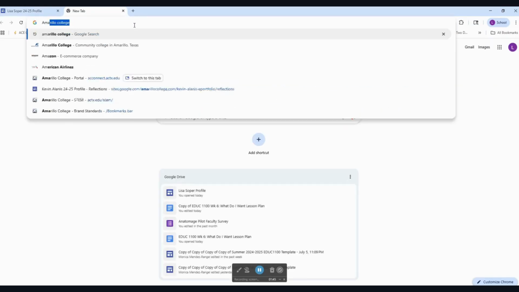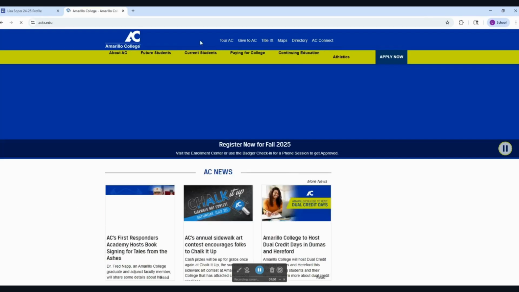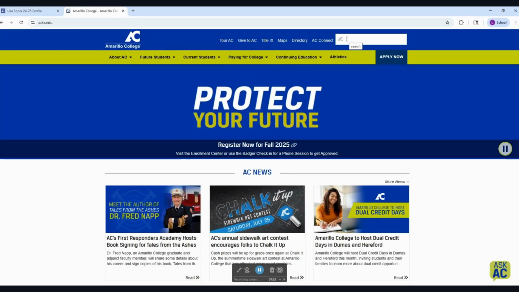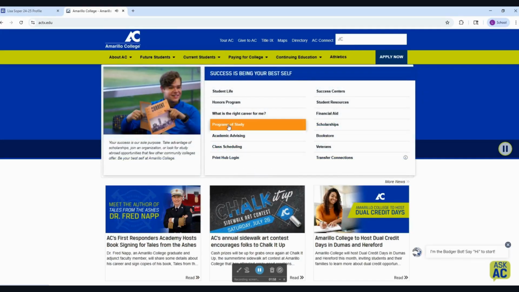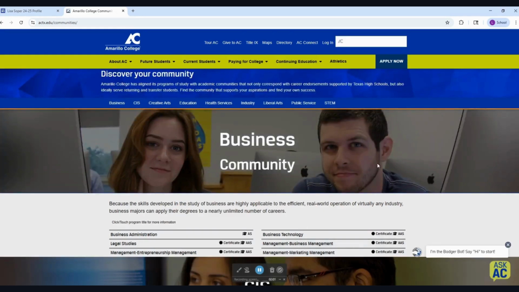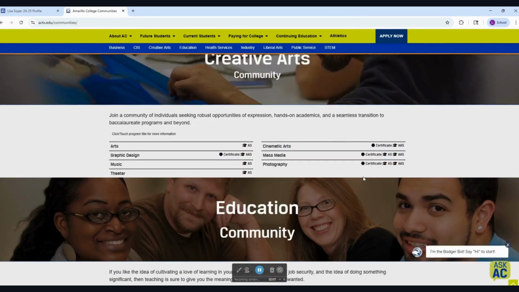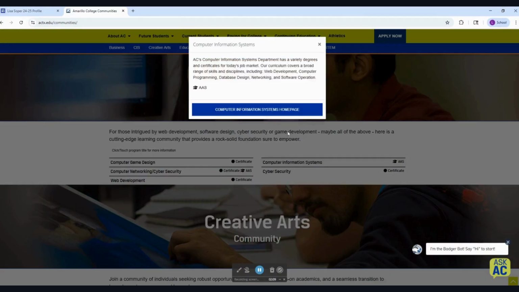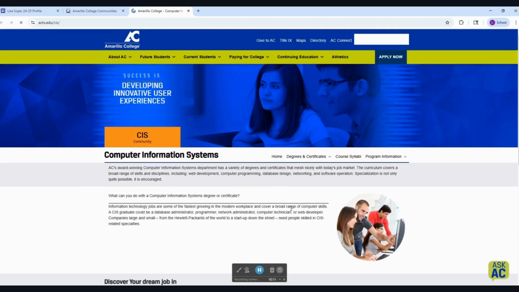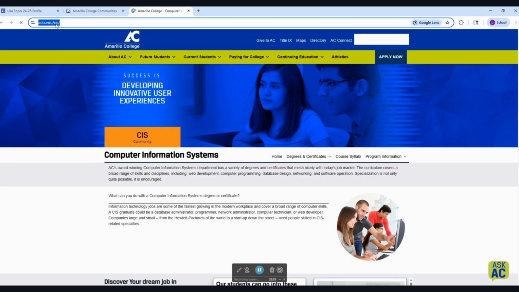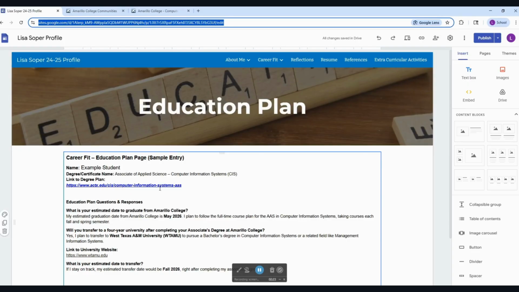So we're going to go to Amarillo College. Okay. And then we're going to look for our degree. So we can go to current students, programs of study. Okay. And then here we have all the different things. So for this student, my example student, they clicked Computer Information Systems. And then here's the information about that. Here is a link. You can right click, copy the link,